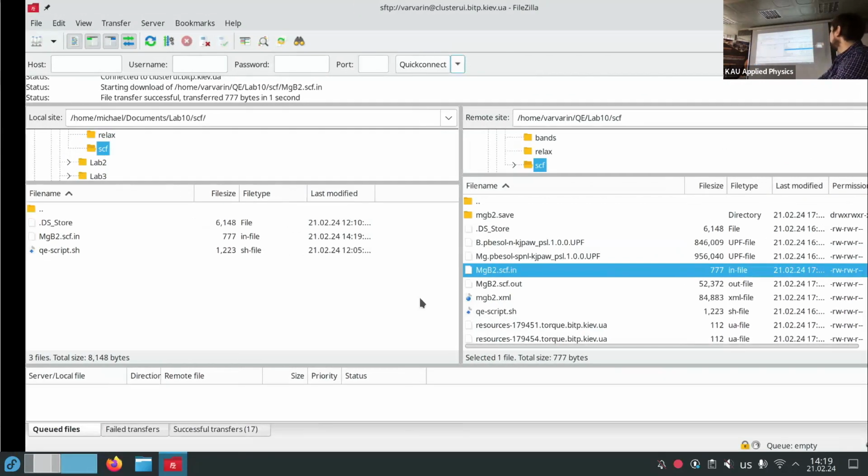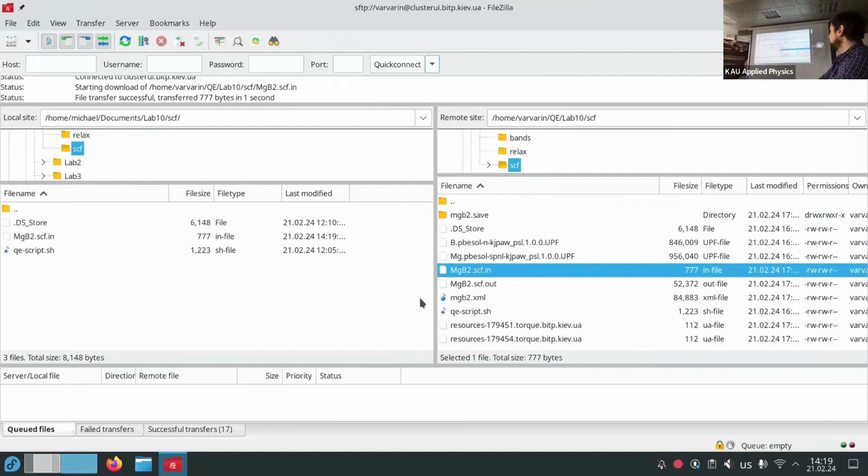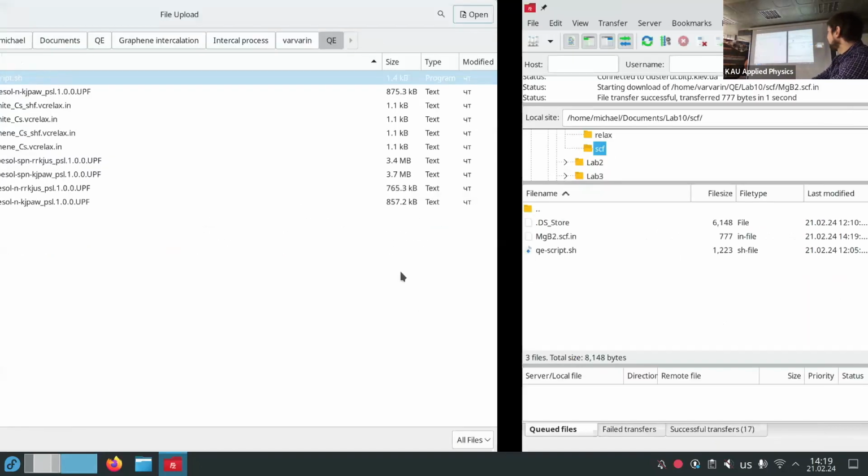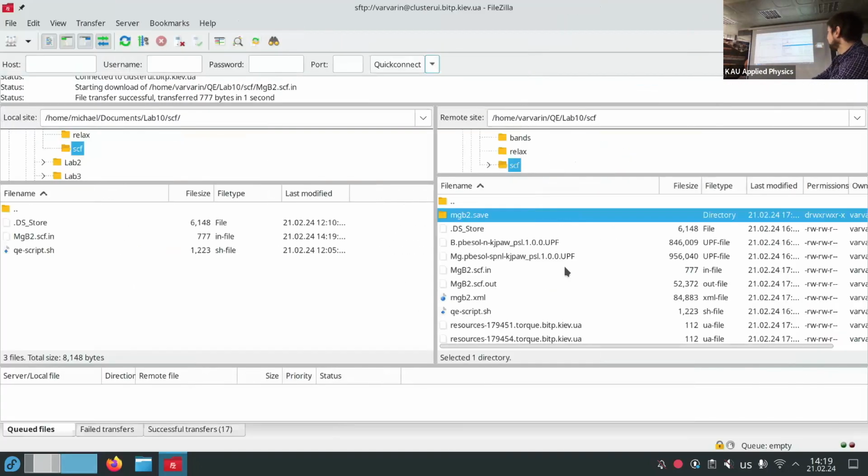You can see here directory, file type, and file. It's pretty stupid, it just goes by the file.